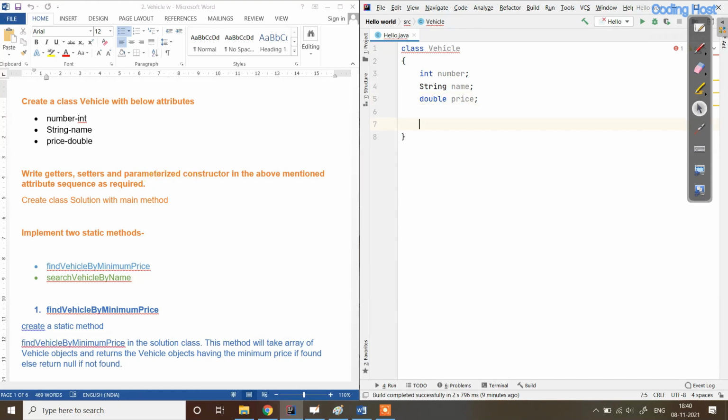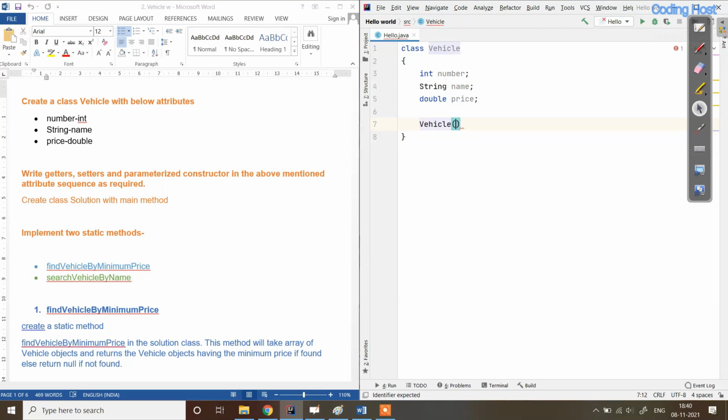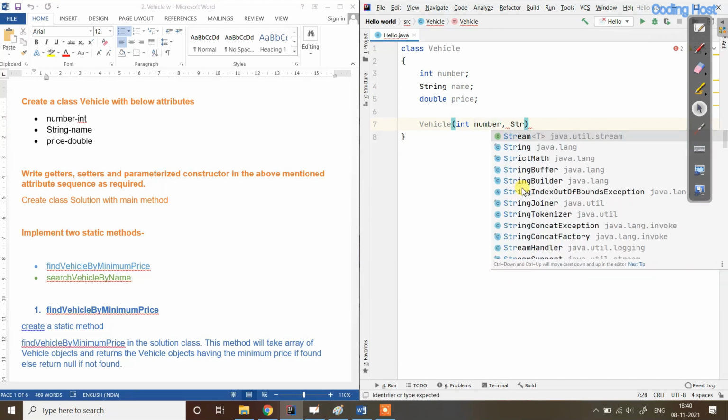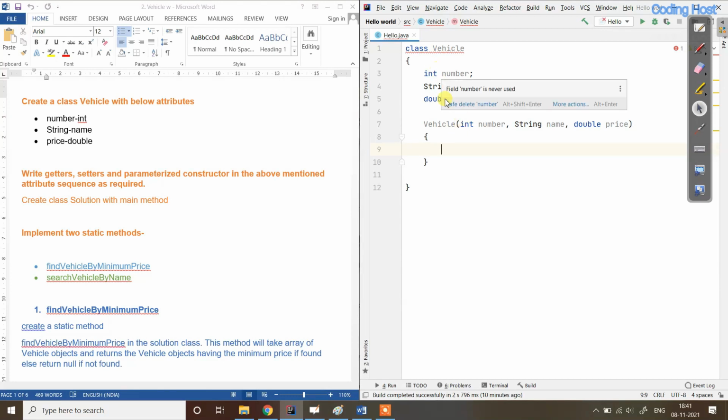As we know, a constructor has the same name as the class name, so I will use Vehicle, and we have to take these three variables in this constructor: int number, String name and double price. In this constructor we have to initialize the values of these three variables.